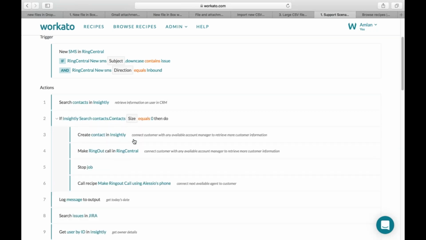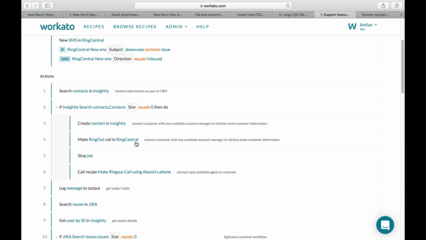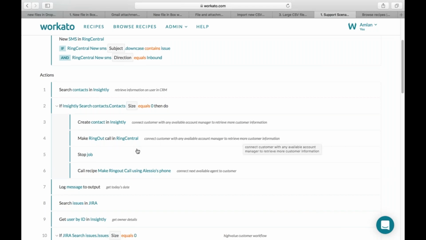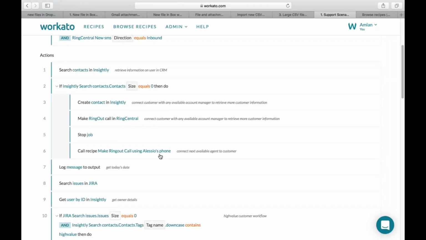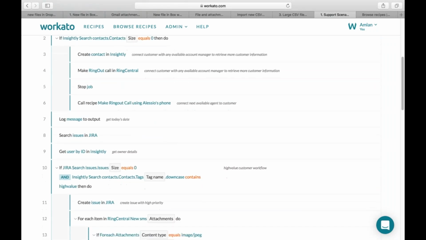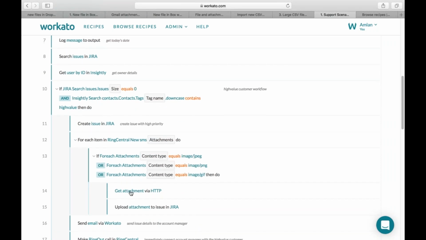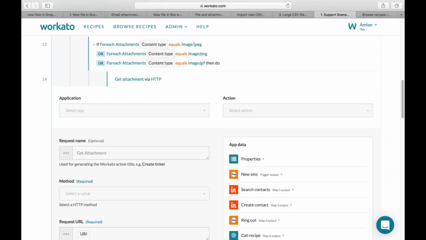And if we create the contact and make a ring out call in RingCentral. So, just call back the customer. Or was it connect the customer with an available account manager, and then call someone else. And then down below, I think we are storing, getting the attachment from the MMS that came in. So if you look at here,